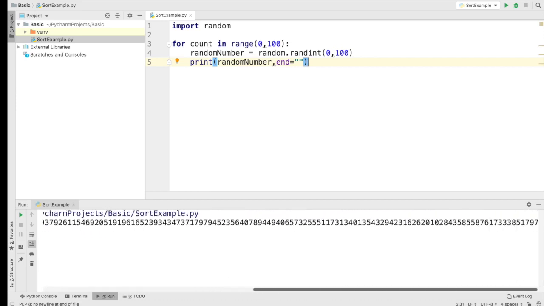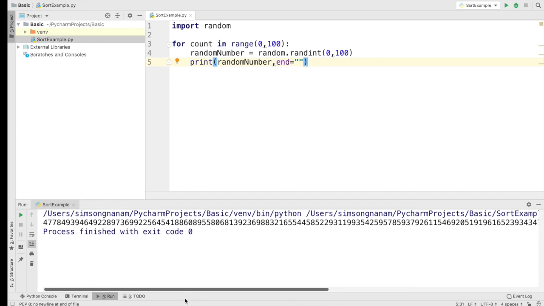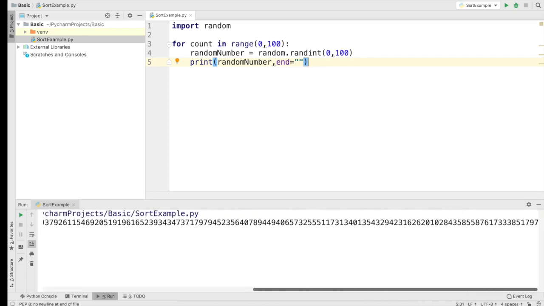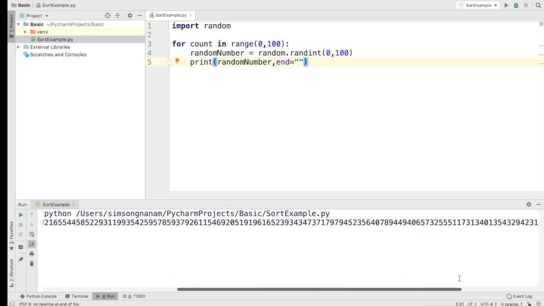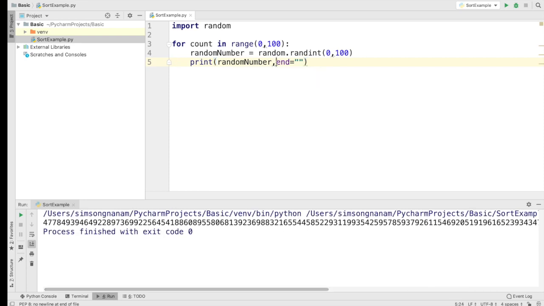Well, you know what? I don't want to. I need to format this random number in a different way, right? I want to give some spaces. Let's say I want to give some spaces, and of course you can always give some spaces with the empty space and put a comma. You can do that because when you use the print statement, you can print unlimited things separated by commas. So when I do that and I run it,